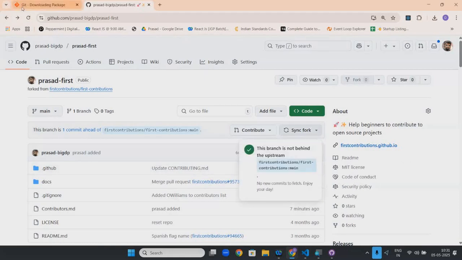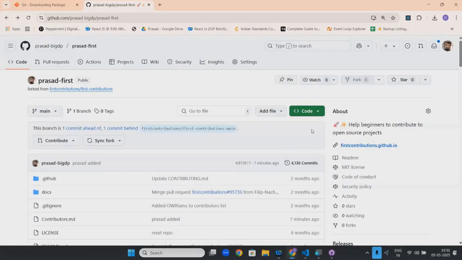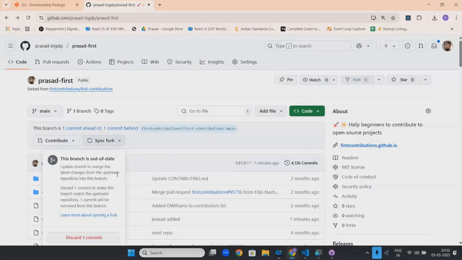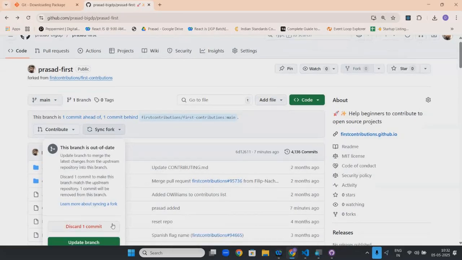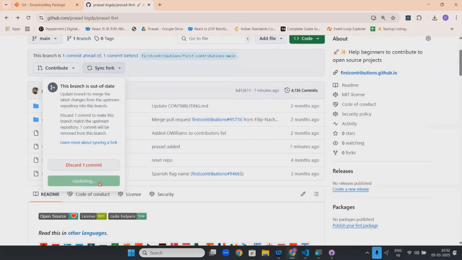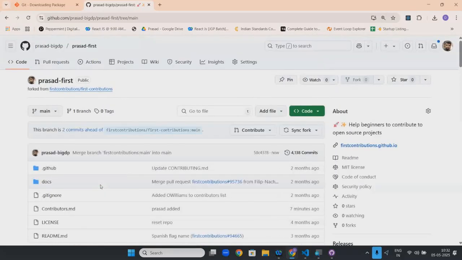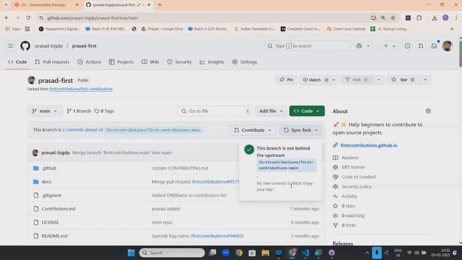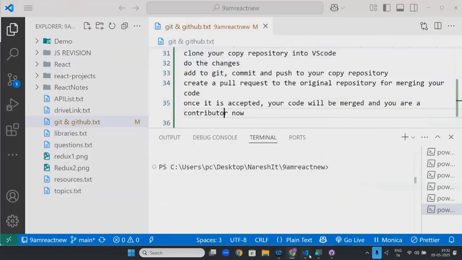Imagine, same like me, someone also will do it now. When they are doing, you should check it here, sync. You should check whether the synchronization is correct or not. Okay, it is not, so update it. Then my code and their code is the same now. In the cloud it is the same, but in local host it's not there yet. In local host you will write git pull, so automatically it will pull from the branch whatever the code is there. Okay, online, is it clear?